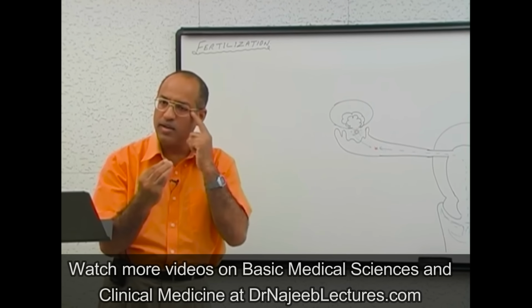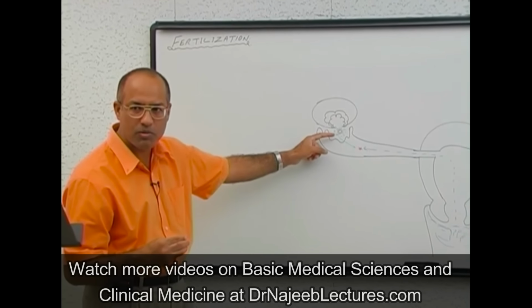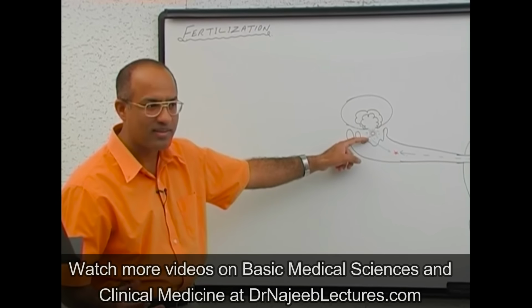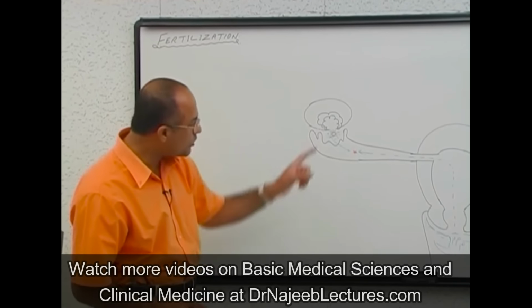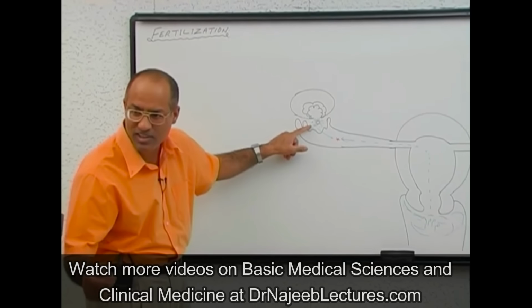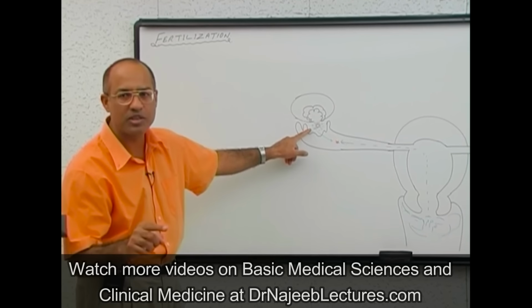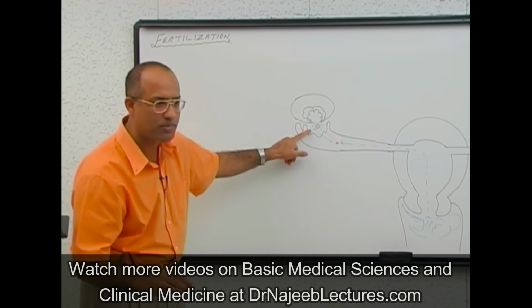Is that right? Now, what is this ovum? Is it a primary ovum, secondary ovum, or definitive ovum? There are three types of ovum. An ovum rather passes through multiple stages. But which ovum is picked up at the time of ovulation? Or we can say which ovum is released at the time of ovulation? Is it a primary ovum? Or is it a secondary ovum? Or is it a definitive ovum?